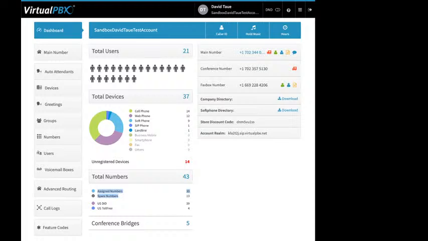right? A spare number, it's a number on my account, but I'm not using. If someone dials it, they're not going to get through to anyone, right? It could be a number that I had for a special, like, say, holiday promotion, right? So I had a Valentine's Day promotion. Well, Valentine's Day is over, so I'm going to take that number out of service, so I'm not getting all sorts of calls on this number that I don't really need, because they're probably robo-dialers or just telemarketer people just trying to hit a phone number, especially since I'm not promoting that item or service any longer,